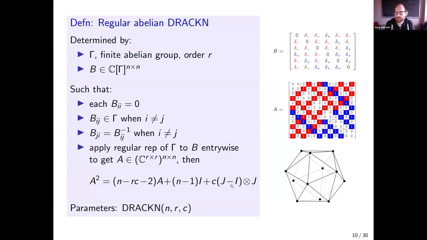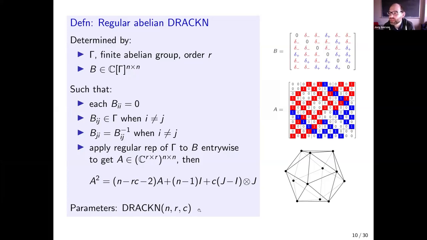Like take the all ones matrix, subtract the identity. So this is like ones everywhere except the diagonal, and then Kronecker with J. And I have a multiple of that, a multiple of the identity, a multiple of A. There's some multiple I call C here. Now, this object,